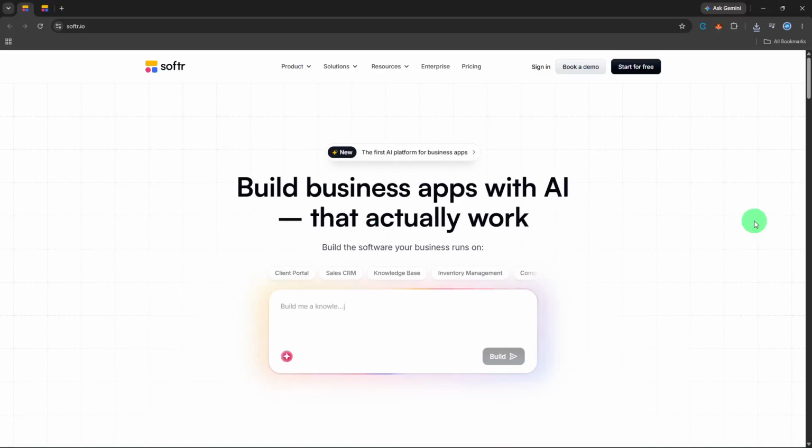Log into your Softr account, and as soon as you do, you'll be greeted by the Softr dashboard, which is your central workspace for building and managing all of your applications. This is the command center for everything you'll do in Softr, whether you're creating a client portal, an internal tool,